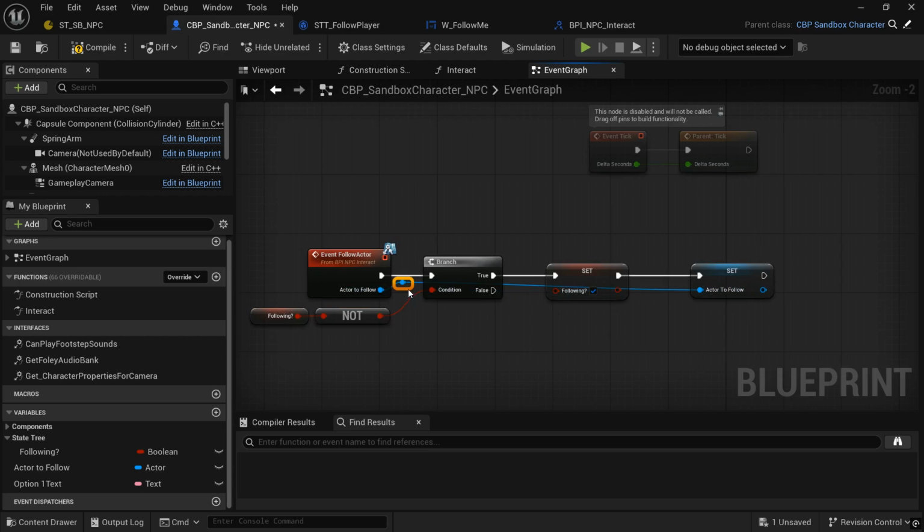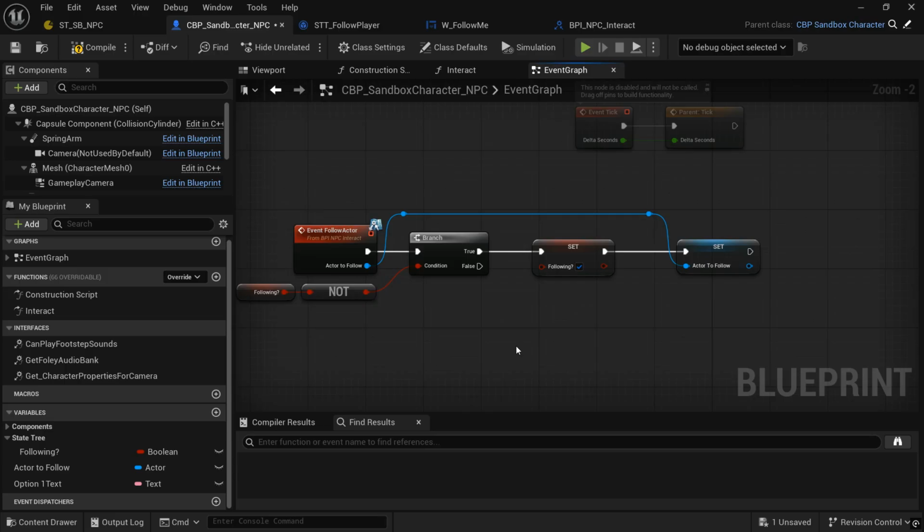And clean it up a little bit. And if it's false, then we will set following to false. Right? And then we will set the actor to follow to nothing. All right? So we can copy and paste, or duplicate, or drag out and hit set, whatever you'd like to do. Just make sure it's not following. And then our actor to follow, we can drag that out, and then plug nothing into that. So it'll just be nothing, don't follow anything. Okay, so